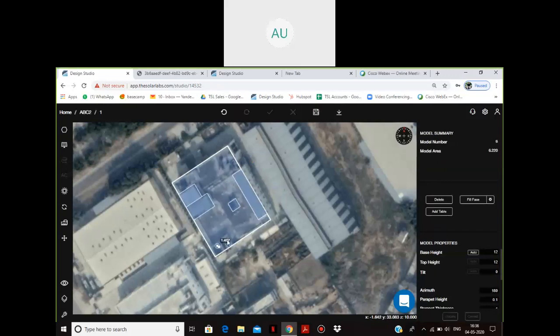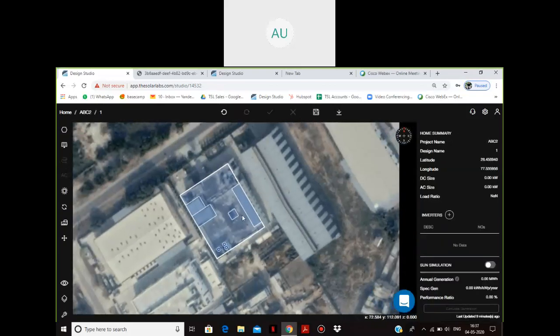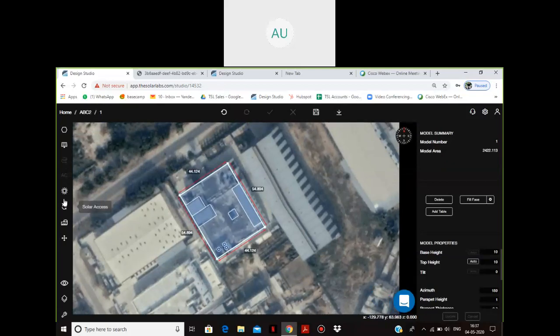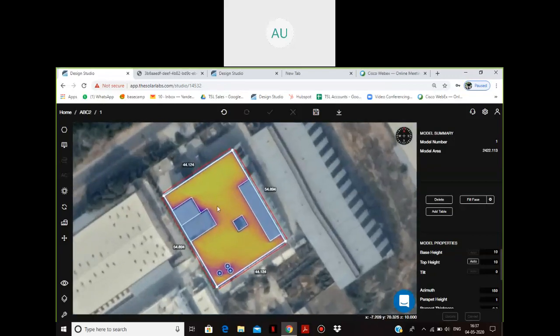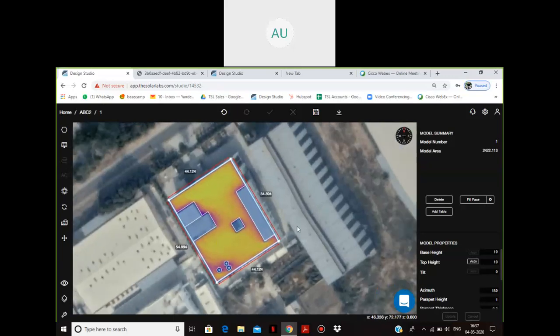And again, I'll copy paste this and not draw it again and again. Now I have my roof ready. Again, I can have the heat map and see how it looks. The color code tells me that the yellowish regions are where placing the panels would be best for your efficiency, and the regions showing a little purplish and darker are the ones which will be affected by near shading, because of these obstacles.